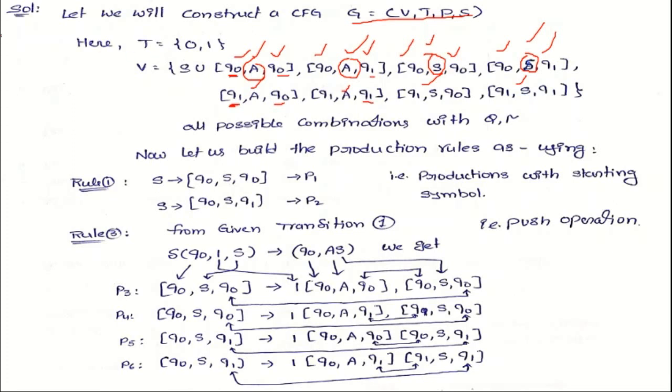So now we find whatever the starting state related production rules from the given pushdown automata. So that is starting symbol S. Here initial state is already mentioned, that is Q naught. And the possible next states is maybe Q naught or Q1. Why? Because the given pushdown automata contains 2 states. That's why next state may be Q naught or maybe Q1. And default stack symbol is given as S. So that's why here stack symbol is S.